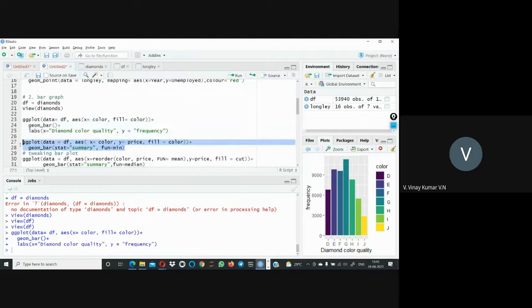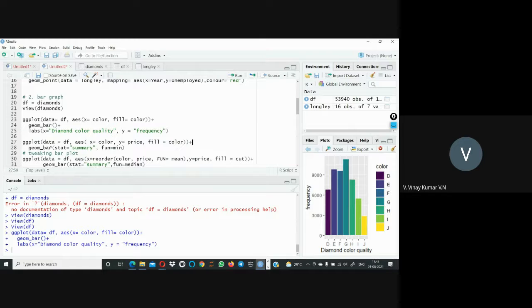So here we are generating the same graph, but with respect of the summary we are adding. Okay, so this title was same. Now I am taking x-axis is diamond color and y-axis is price, and I want to fill the colors within the bars. I want to fill the color, so I'm mentioning it as color. With respect of the color we are doing now. So geom bar plus means another arguments we are inserting to that same condition.